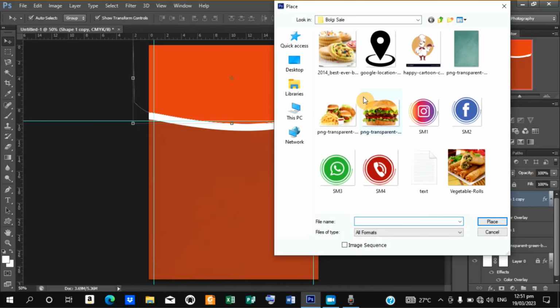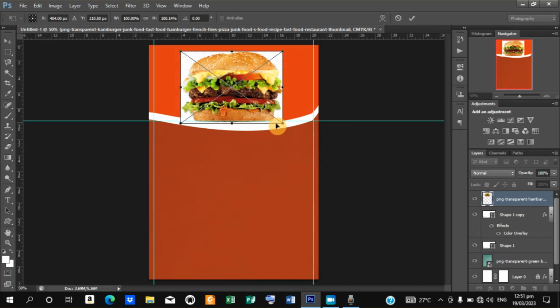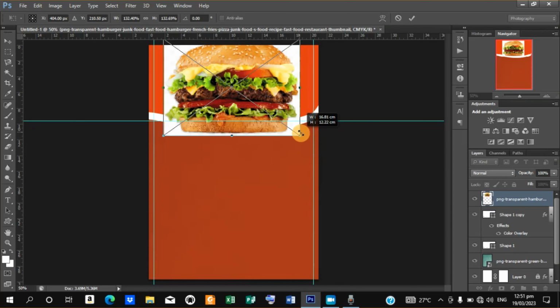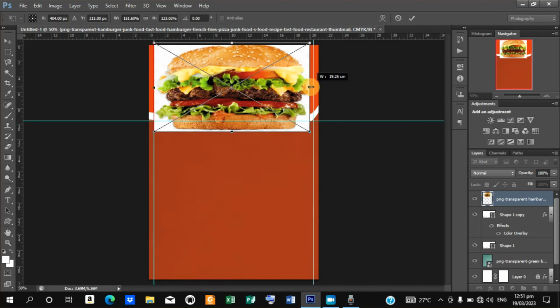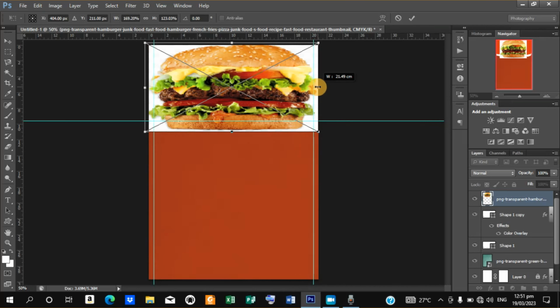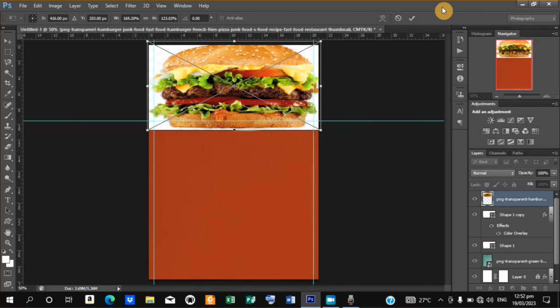Then the picture we are going to clip mask into that is this particular one, the one standing here, this nice picture. Then you bring it inside, then you position it, you hold Shift Alt, and then you open it up a little bit. It's too open. Then what you do is that you make sure it will fill the entire place, something like this. I think it's okay. Yeah, so then from there